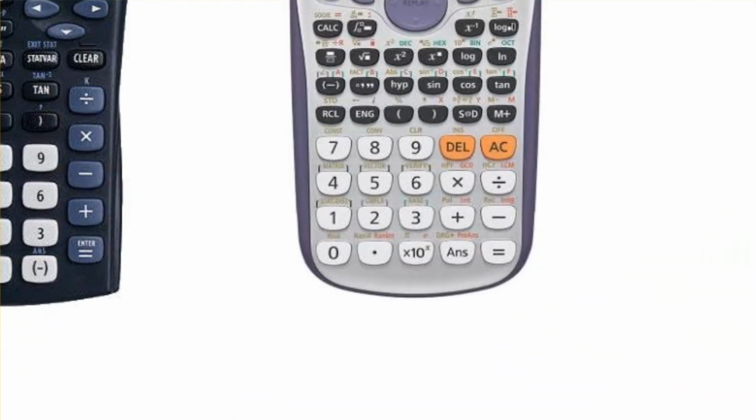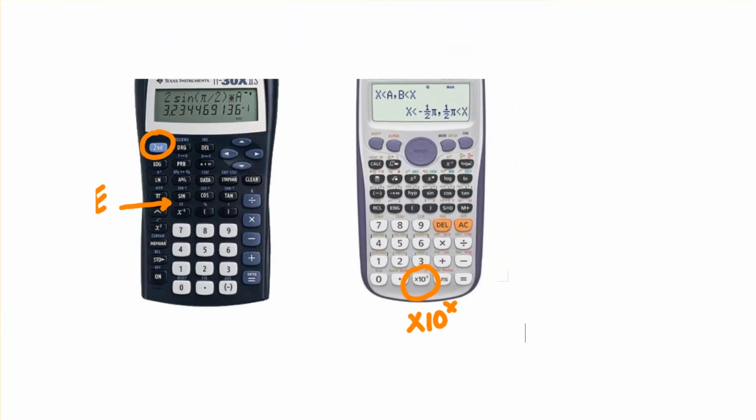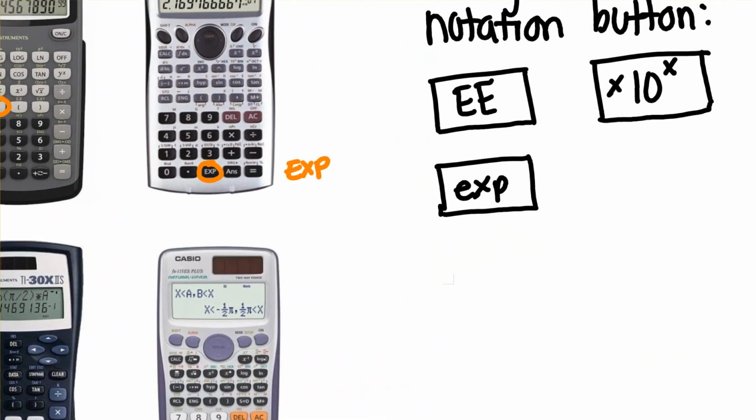And some of the newer ones are starting to have this, where it actually says times 10 to the x. And notice, this is not a 10 to the x, it's times 10 to the x, and there can be a difference. So this is good because all of those buttons actually mean times 10 to the x. But anyway, once you find your scientific notation button,